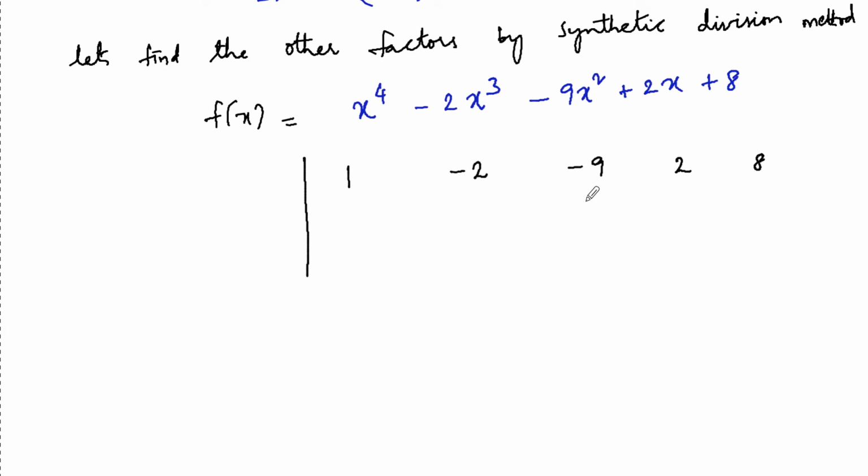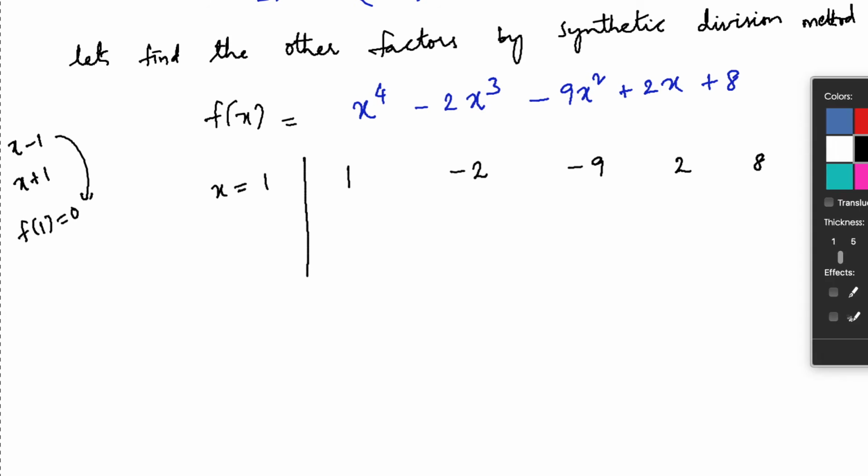But we should not skip that order. Fourth degree means we should write the x power 4 quotient, x power 3 quotient, x square quotient, x coefficient, and then the constant. And since we know two factors, x minus 1 is a factor and x plus 1 is a factor, when x minus 1 is a factor, we can say that f of 1 is 0, that is x is equal to 1. First we consider x is equal to 1 for x, since x minus 1 is a factor.